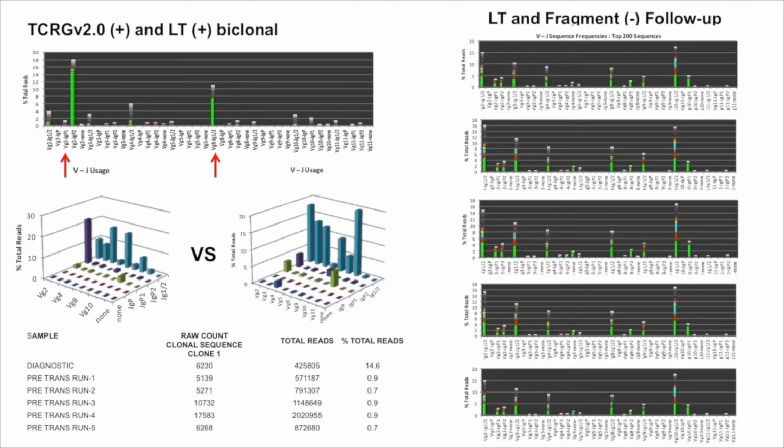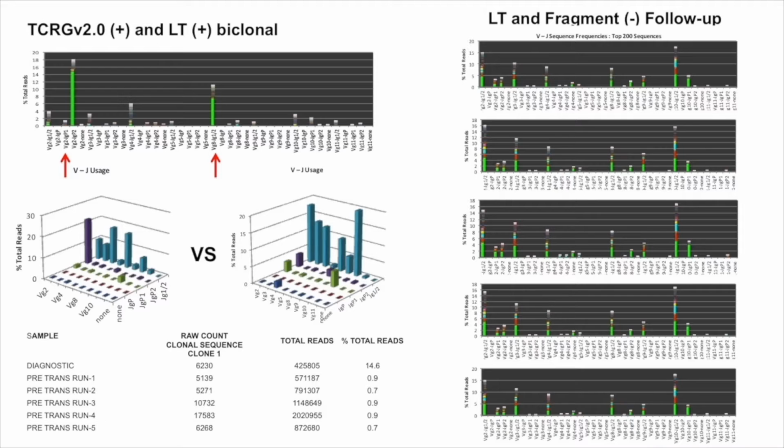Now, as I said before, your sensitivity of the assay depends fully of how much DNA you can actually add to that assay. So in this case, we wanted to go very, very deep, and we ended up running the sample 5 different times, and you can see here the number of total reads that you get for each individual one of those. In every single one of the runs, these constitute independent tubes, independent reactions. You can see that the total number of reads for this larger clone, which we're tracking right here, is about